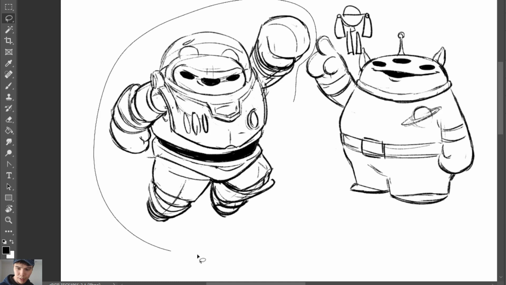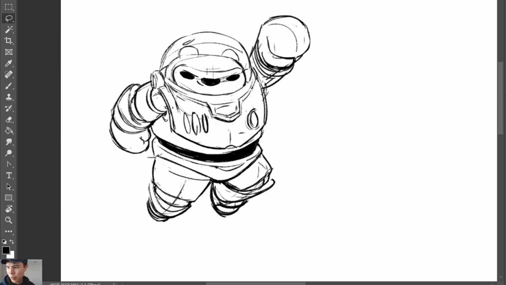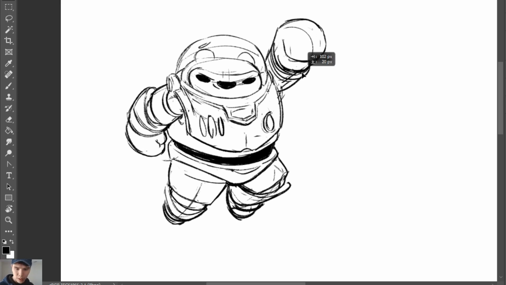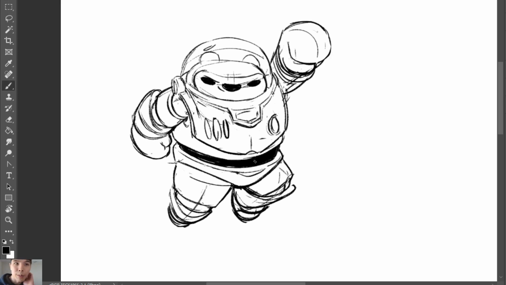Oh, for this whole time I didn't have Buzz on his own layer. Must have hit the merge or something. Okay, let's move him out of the way. Give him his wings.